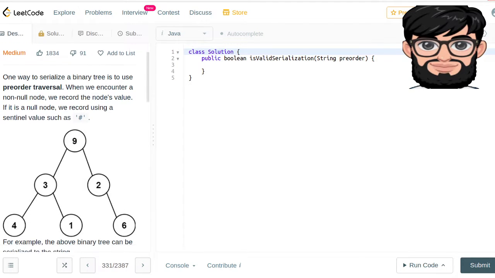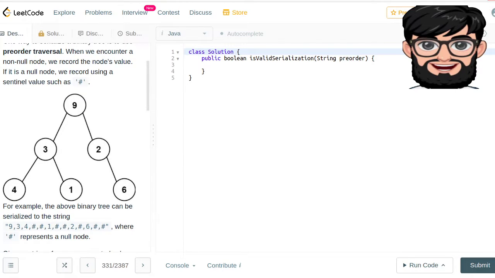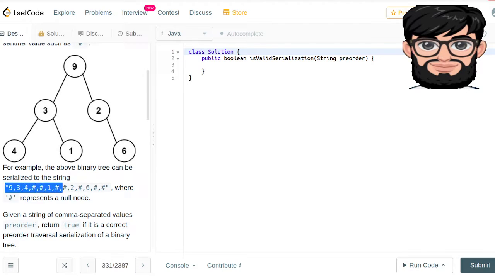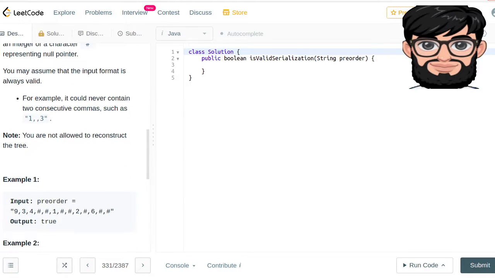If it is a null node, we record it using a sentinel value such as hash. So basically he's going to be providing us a string of comma separated characters, and either they're going to be numbers or hash representing a null value. And in the end we're going to look into it and see if it is a valid representation of